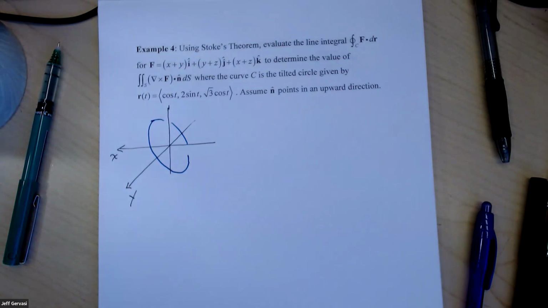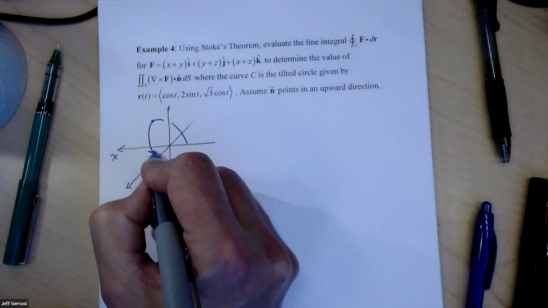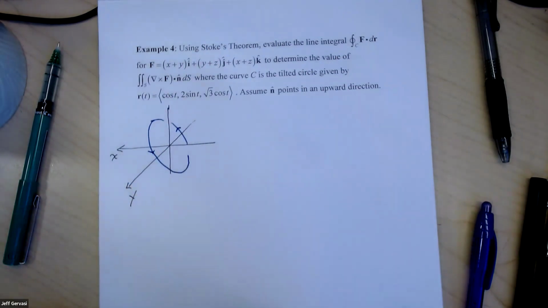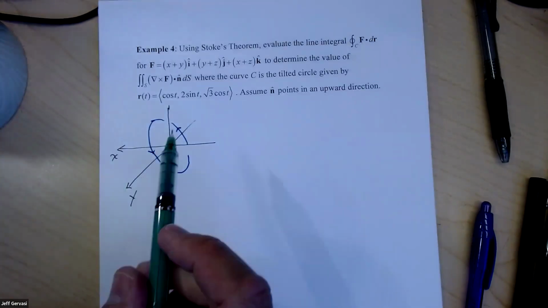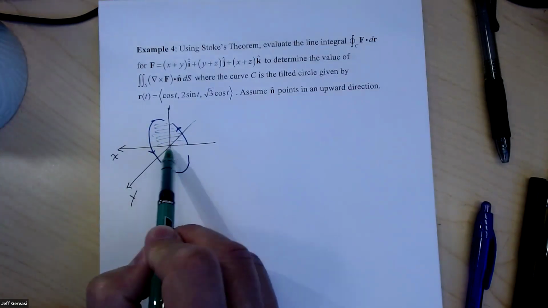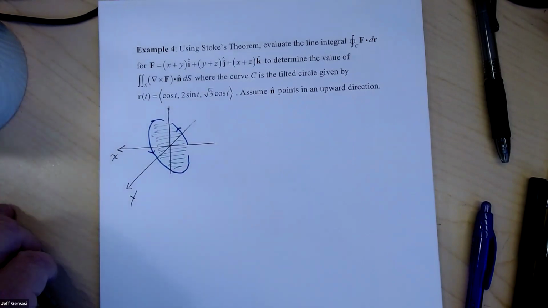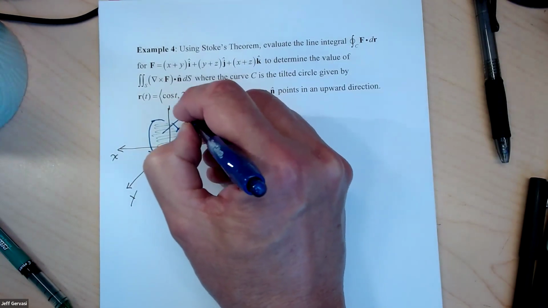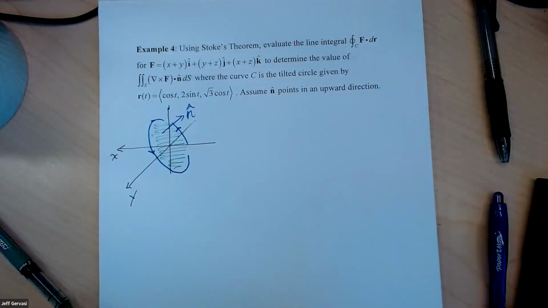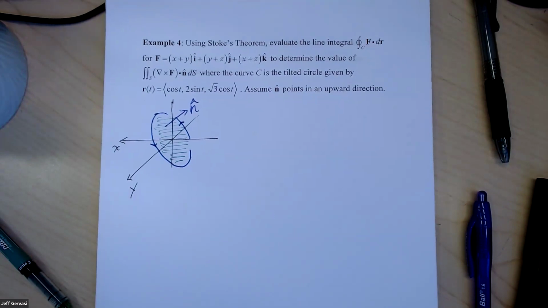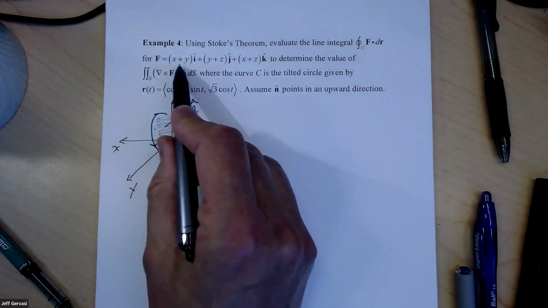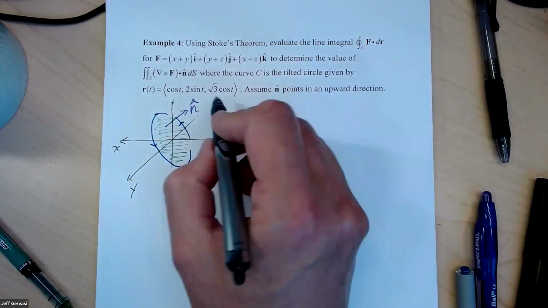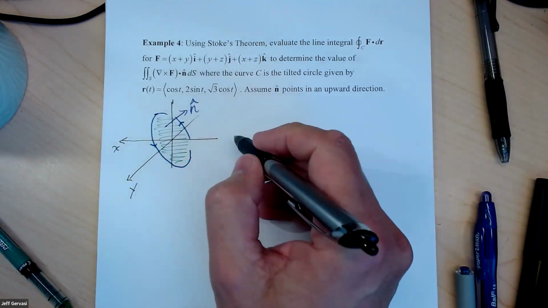Okay. And if you plot a few points for it, what you'll find is that the orientation of that curve will look like this. Now, the surface that it encloses is this plane region right here. So our unit normal vector n should look like this. Okay. All right, so my vector field, well, that's right here. My r of t is right here. So my line integral